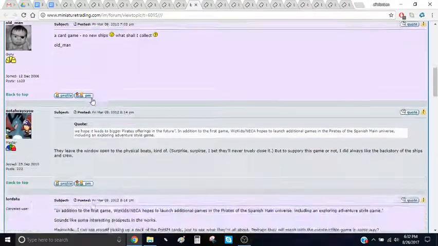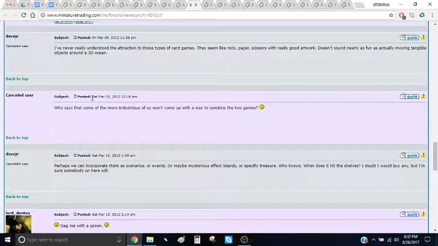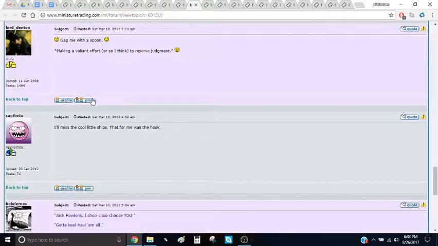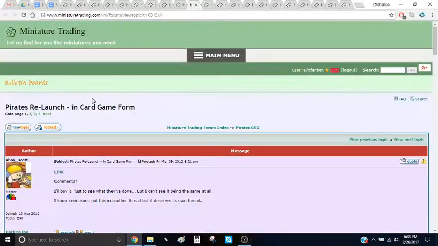And then the next one. This was in 2012 when they announced that the game would come back as a card game, which is interesting, but it didn't work out at all, and it doesn't seem like it sold well because they haven't done anything with it since. So it's pretty much a failure, but it's interesting to look at,